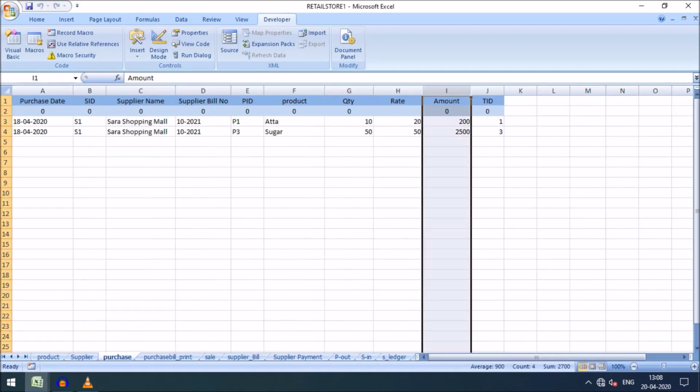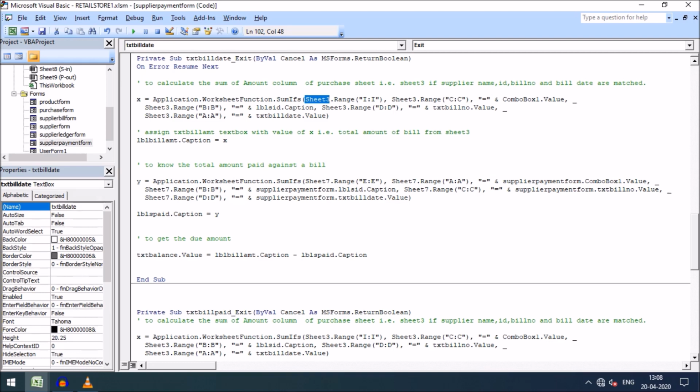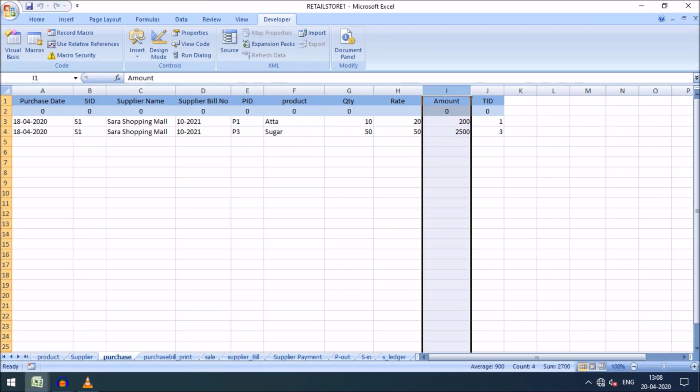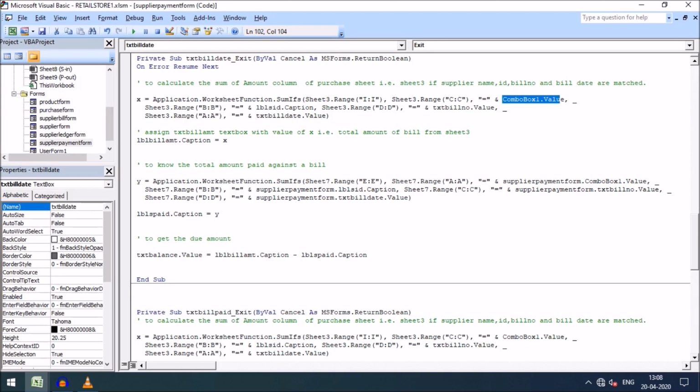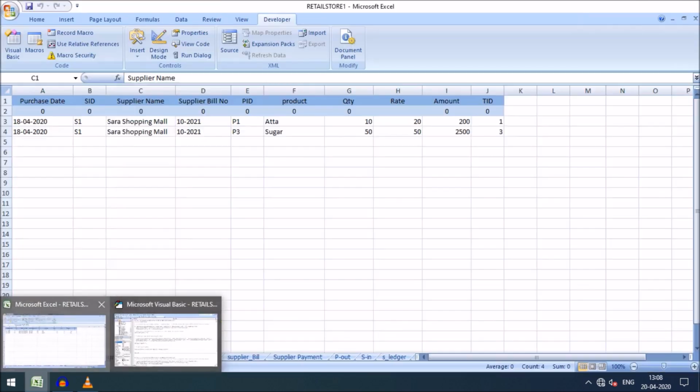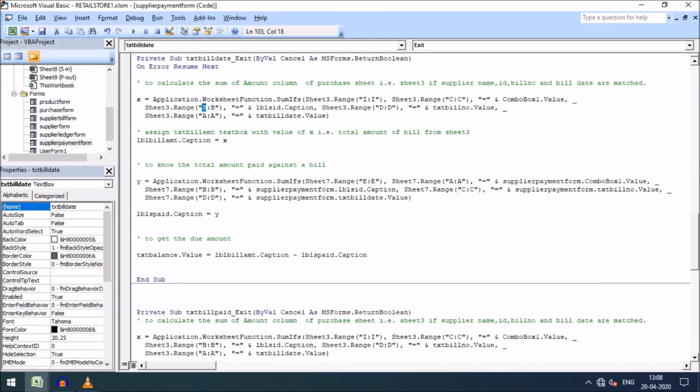I column will be summed when, if this section equals this section, that means combo box dot value, that means the sheet 3 dot range CC, you will find the supplier name. If these match, and again going back, and if range BB of sheet 3, you can go there, this supplier ID, these are the conditions, is equal to supplier ID label dot caption in this